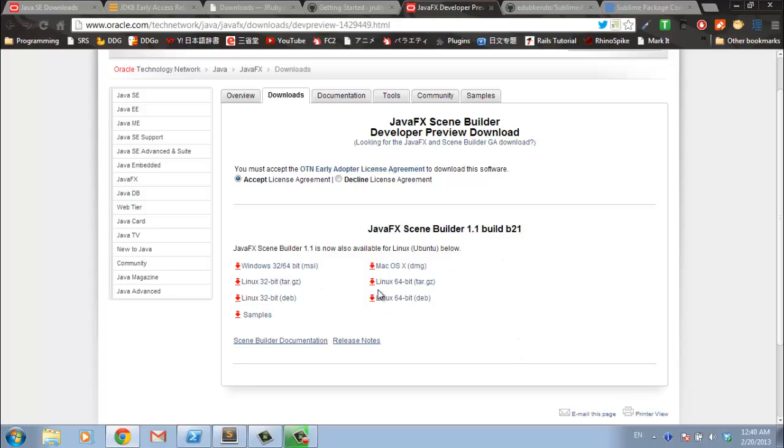They didn't have a Linux installer at all, and now they've got Linux bundles, and then they've also got these DEB bundles that if you're on Debian or Ubuntu, you can install very easily with dpkg or with the Software Center, however you prefer to do it, and it just